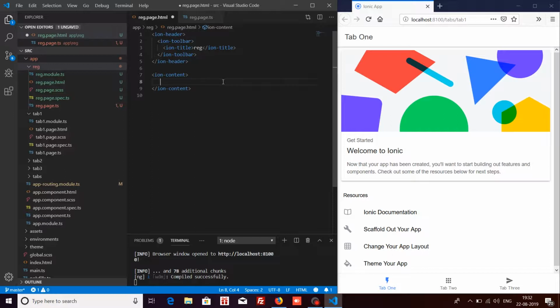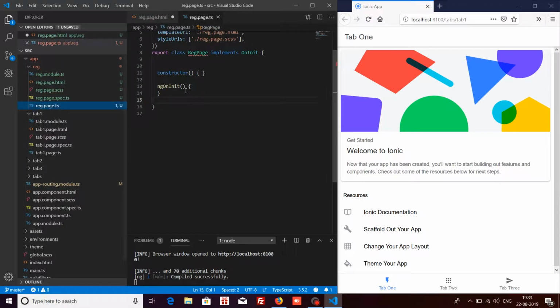So as you can see already, I have created a page called the rec page, or the registration page in short. Each page when generated contains 5 files: one HTML file, one CSS file, and 3 TypeScript files. Specifically, we'll be using this .page.ts file for now, and the functions of the other two files will be explained in the upcoming videos. So let's get started